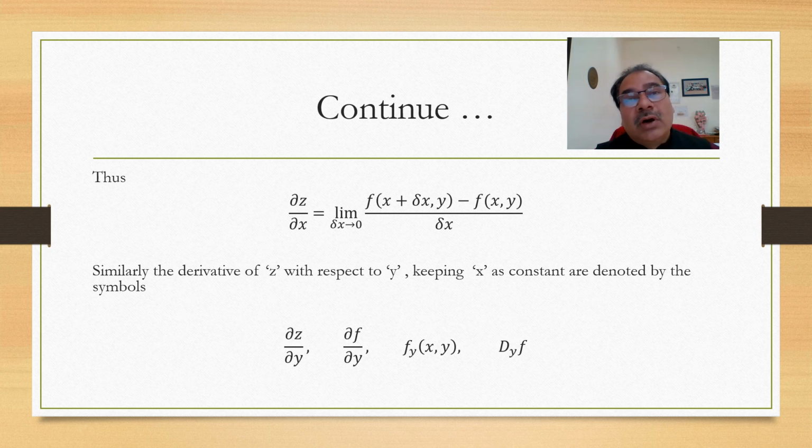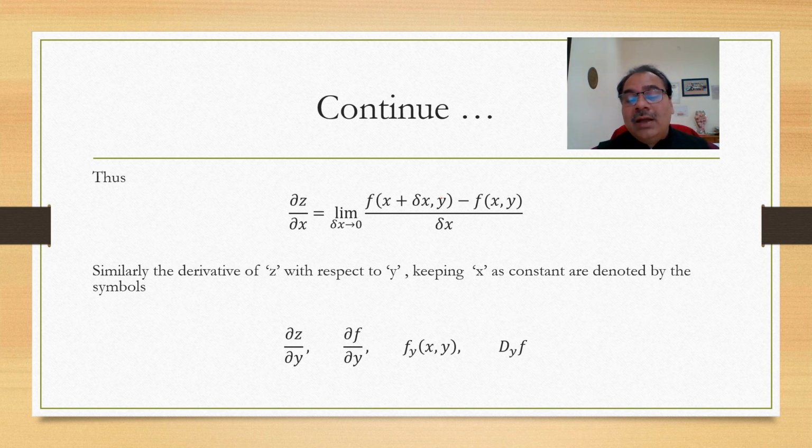If you remember differentiation from first principles, it is very clear how we define dy over dx. Similarly, in the same manner, we can define mathematically del z by del x as the limit as del x tends to 0 of f of x plus del x comma y, this two-variable function, minus f of x, y, all divided by del x. Here we have varied x to x plus del x, while y stays constant. Similarly, we define the derivative of z with respect to y keeping x constant.